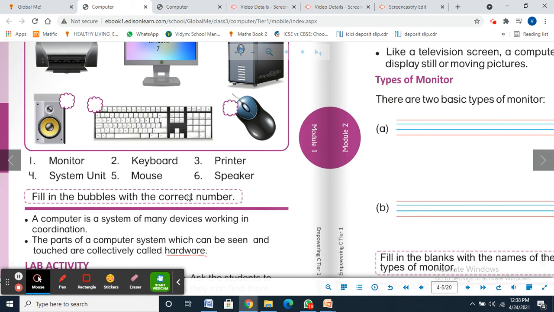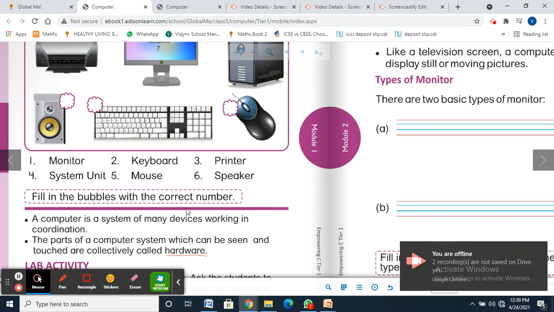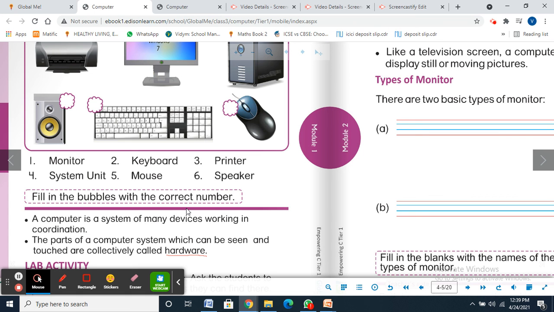For example, you have lots of parts in your body. You have hands, legs, mouth, eyes, nose. All these parts are coordinated by your brain. Similarly, the CPU also coordinates all these parts. The way the brain coordinates, similarly, the CPU also coordinates between all the parts of the computer, whether it's external or internal. Your external parts and your internal parts are also coordinated by the brain.